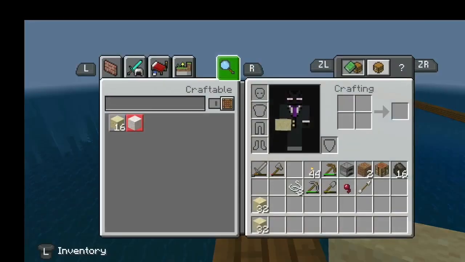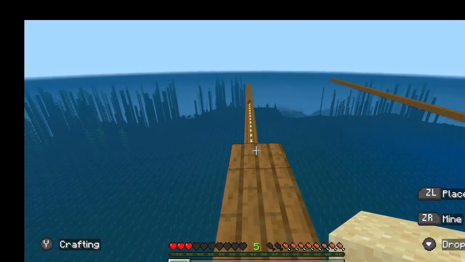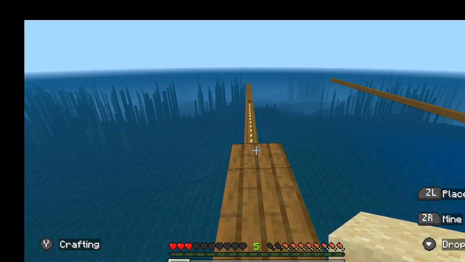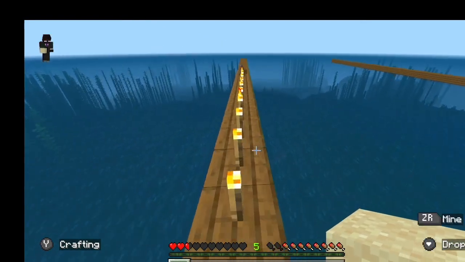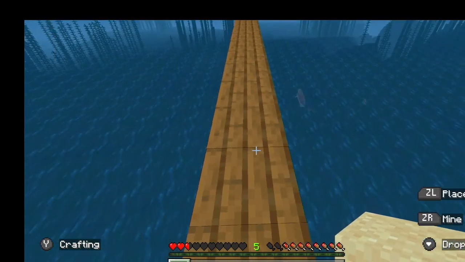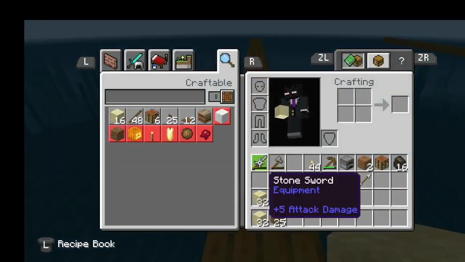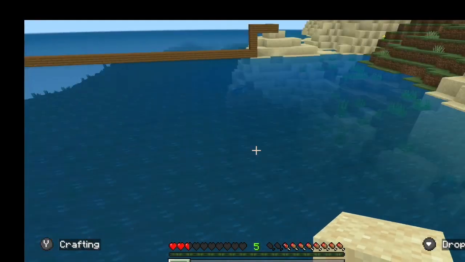And second is that none of the block that you're gonna place in midair can be in your inventory. So if you have multiple of the block you want to place in midair, drop all of it. You have to drop the block that you want to place in midair on the ground